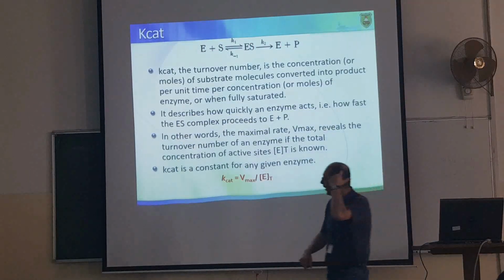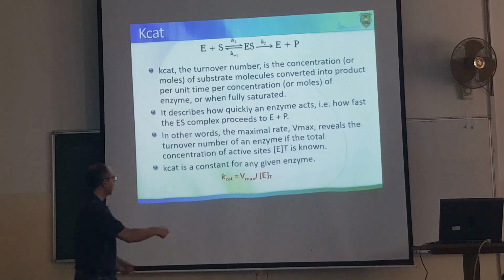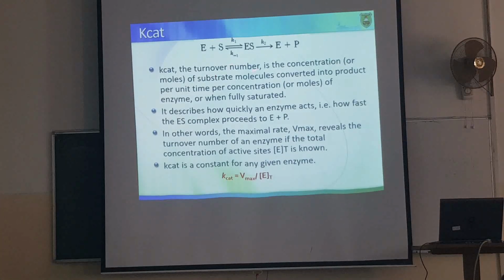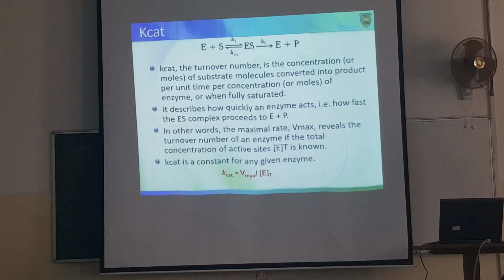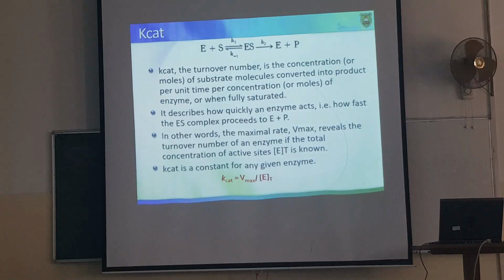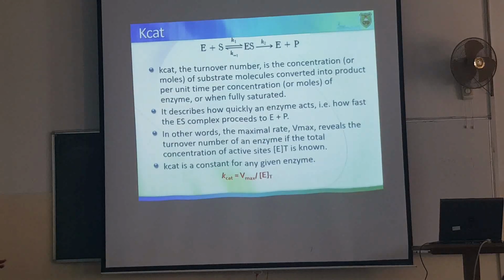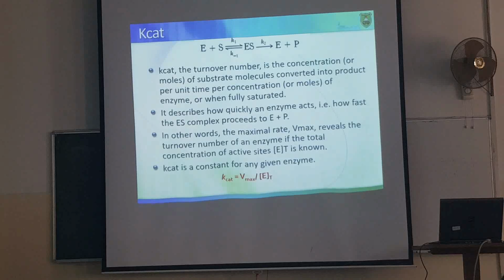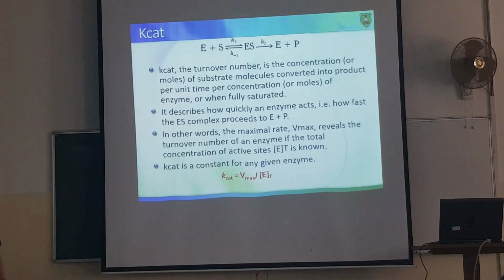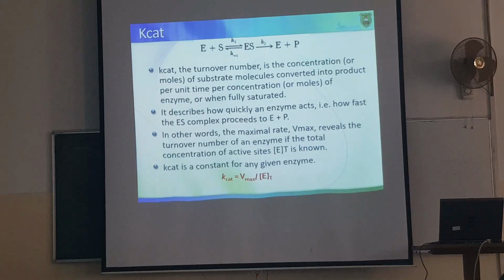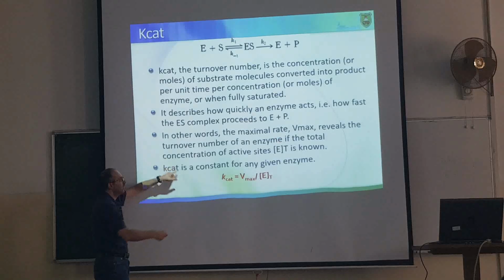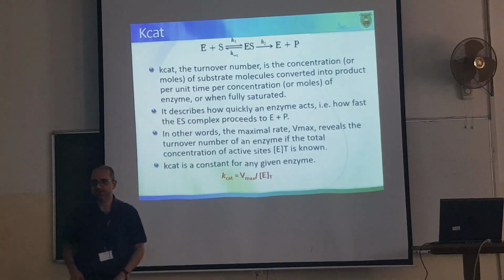فالكي-cat again راح انهي هون. الكي-cat هو الفي ماكس على the concentration of enzyme. It's the turnover number. The number of substrate molecules converted by one molecule of enzyme per unit time. The number of reactions catalyzed per unit time by one enzyme. It describes how quickly an enzyme acts. It is a measure of efficiency. فكل ما زاد كل ما معناته efficiency أعلى. It's related to Vmax على the enzyme concentration.